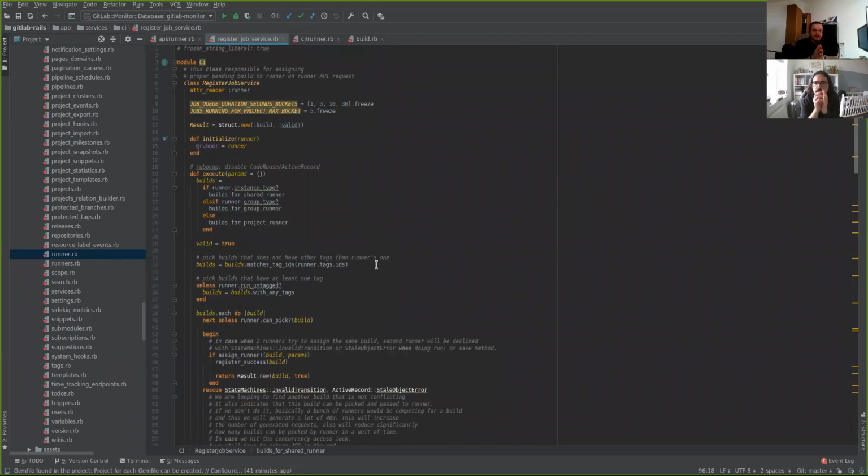If you will disable all runners, maybe not disable, if you will have some network problem that will make runners unable to communicate with GitLab, you will have a growing pending jobs queue, because no one is asking for jobs, no job is being scheduled. After some time, there is a worker